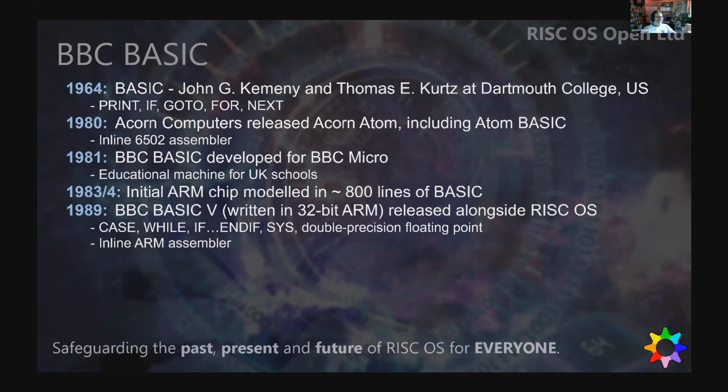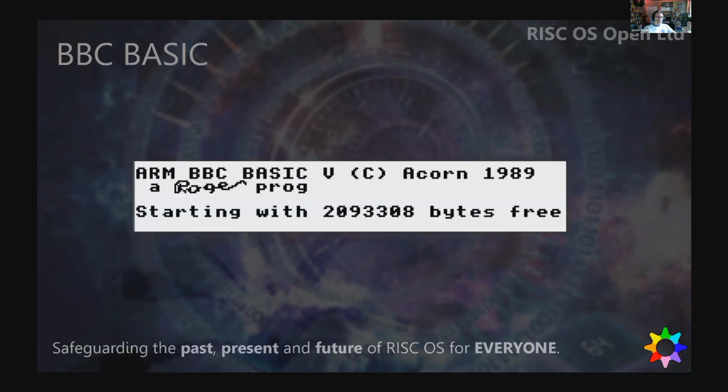One thing that's in BBC Basic that people might not know is there is a secret build option in the source code. And if you know how to change that option, when you launch BASIC, this is what the banner says. And if you go to the RISC OS open sources at the moment, this is still there in the code. It's just switched off by default. And the challenge for anyone who's interested is to go and find where that is in the code. It's not obvious. So it's a very sneaky little hidden feature.